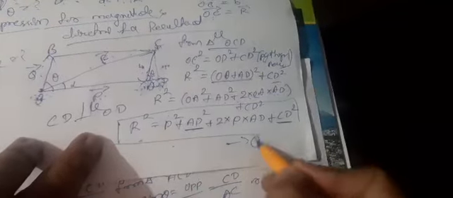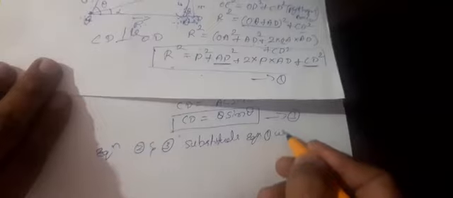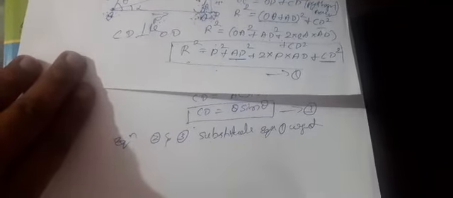The previous equation, R square is equal to P square..., is called equation number 1. The AD value is called equation number 2. The CD value is called equation number 3. Substituting equations 2 and 3 into equation number 1, we get: